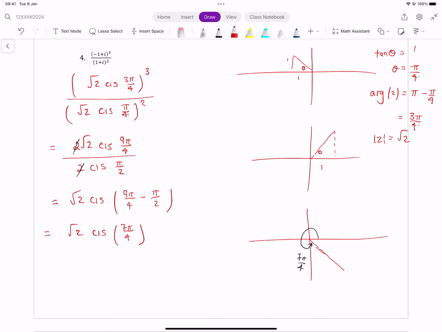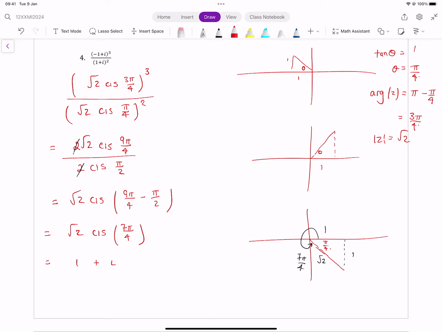Now, that acute angle there, sometimes we call it the related acute angle. This angle here is going to be pi on 4, because if you want to get to a full revolution, you only need one more pi on 4 to get to 8 pi on 4 or 2 pi. So we think about what's going to happen here. If we've got root 2 here, we've seen that so many times. If we have root 2 and then pi on 4, that's going to be 1 and this is going to be 1. So this is the complex number,